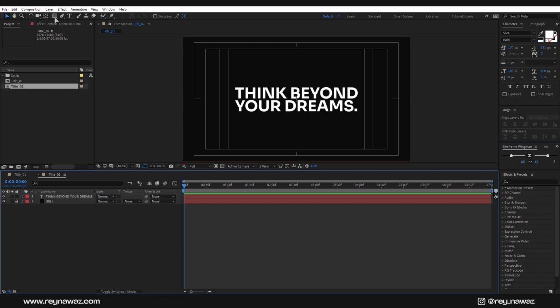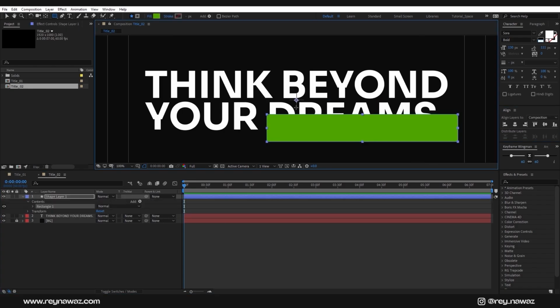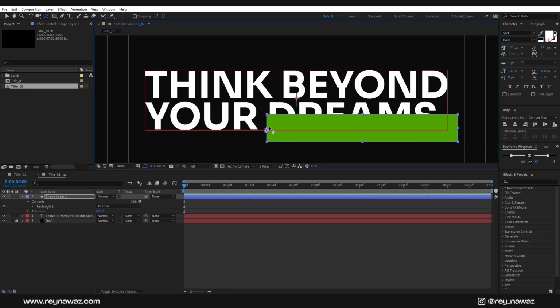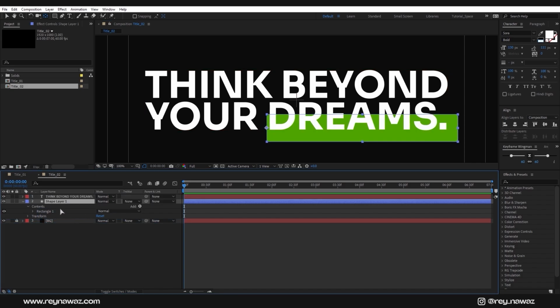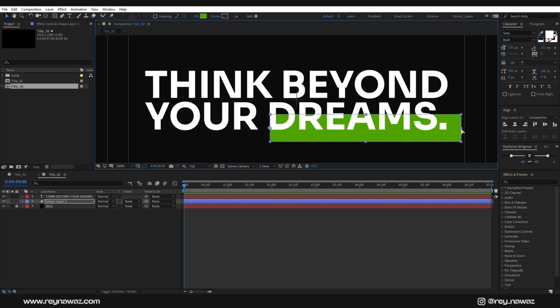After that, take the rectangle tool and draw a shape like so. So we will move the anchor point right over here. To do that, simply select the pan behind tool, and after that select this shape layer and hold Control on your keyboard and drag it like so. So the anchor point is right over here, perfect. After that, drag it below the text, perfect, and adjust it like so, somewhere around here, and drag it like